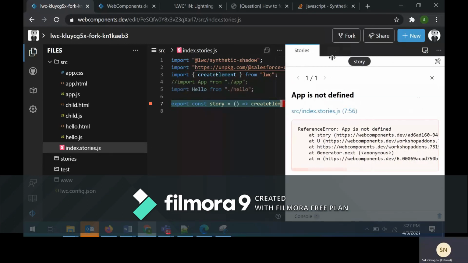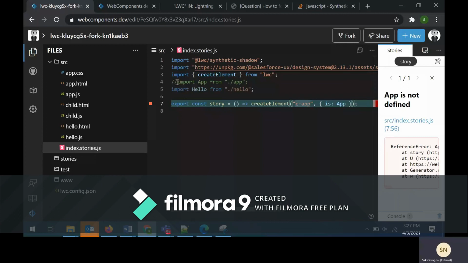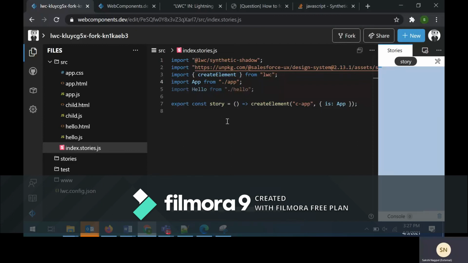Why is it saying that? Because it is not able to access it. The import app, if you see, I have commented it. I'll just uncomment it and save this again.